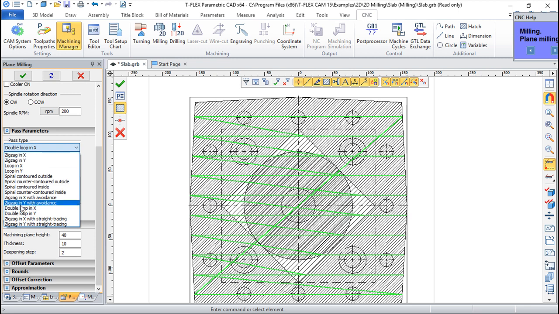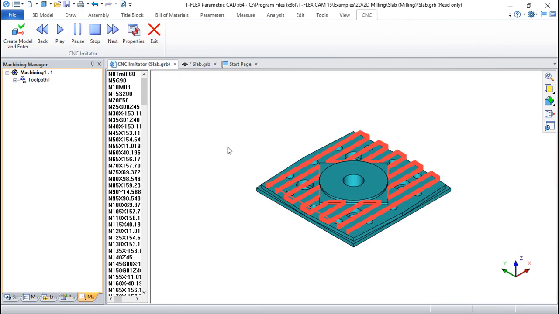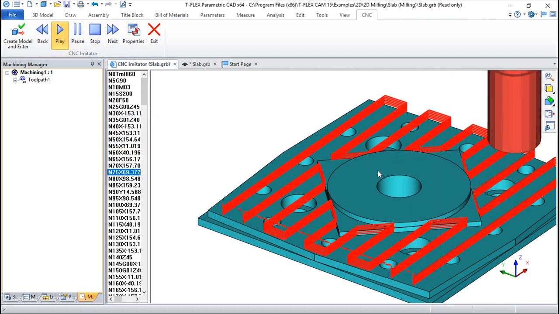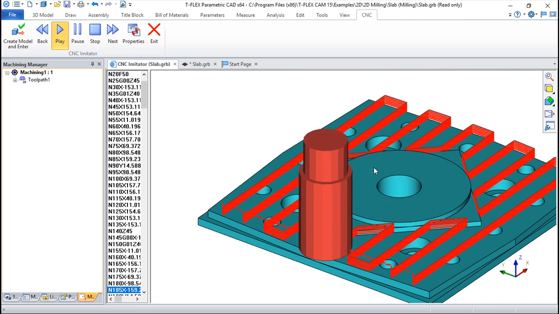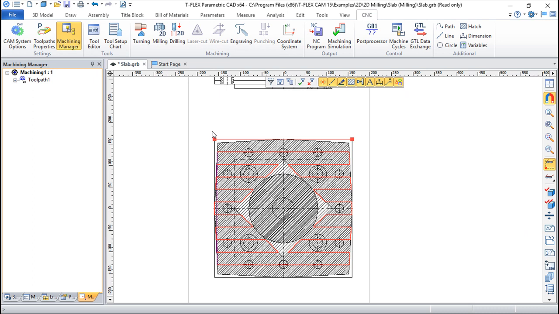And I think it's the last, yes, it's the last one, zigzag in X or Y with a straight tracing. This is very similar also to the other one, but it will make a couple of moves a little different in the middle. Okay, so these are the different modes we have regarding this planar milling. Then we have a second type of milling